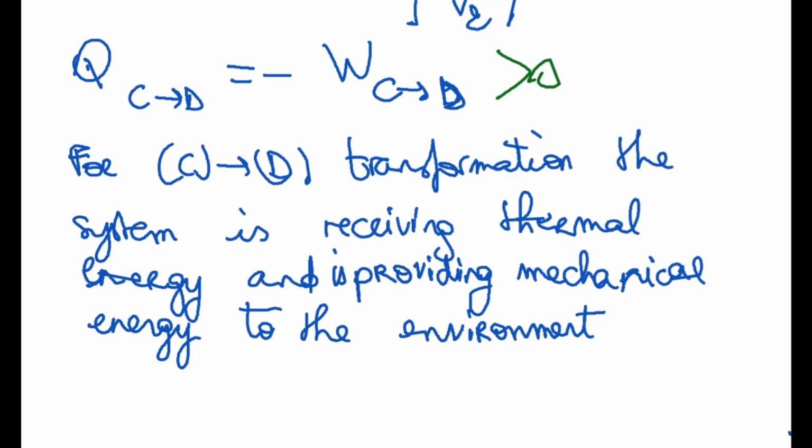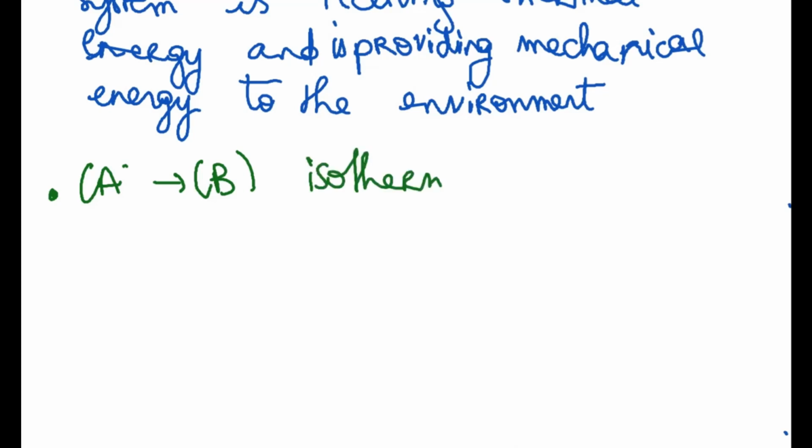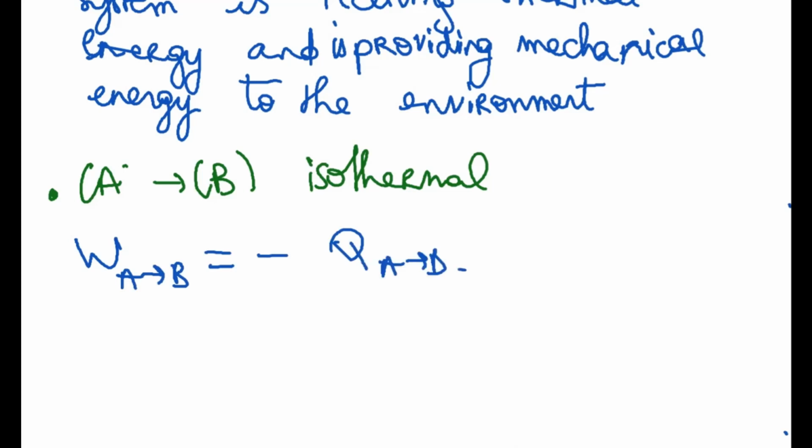Now we are going to do the calculation for the second isothermal transformation, which is the AB transformation. So it's exactly the same process because it's the same nature of transformations, isothermal. So I'm going to take exactly the same rules. So we have the fact that the work AB is the opposite of the heat AB. And also we are going to have the same logical process here that you had for the CD transformation. So the work is going to be